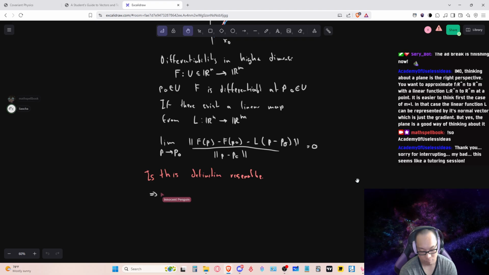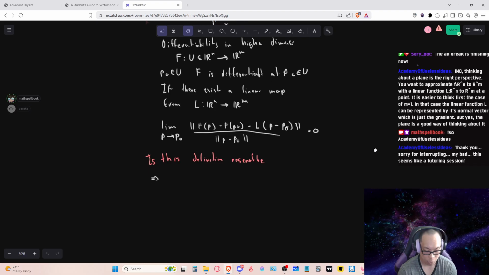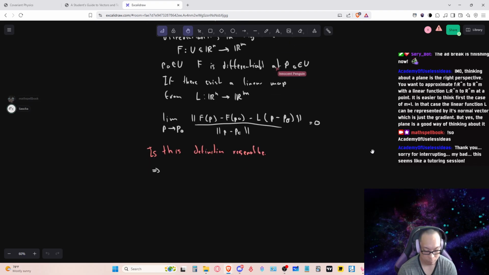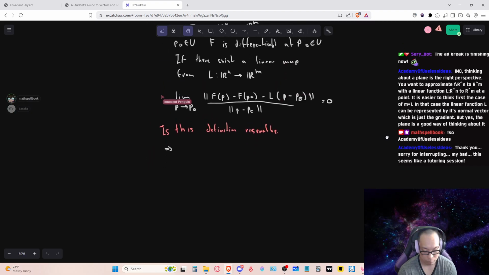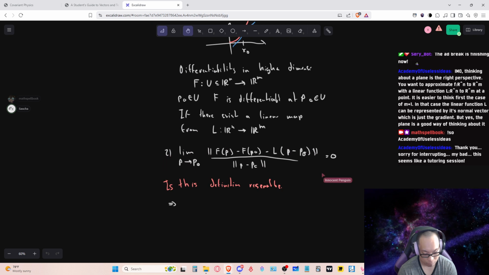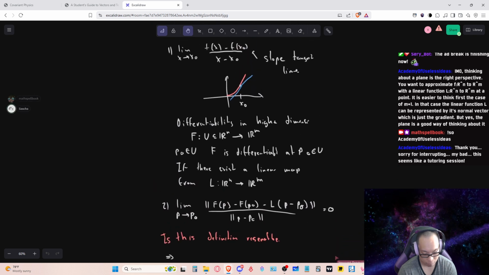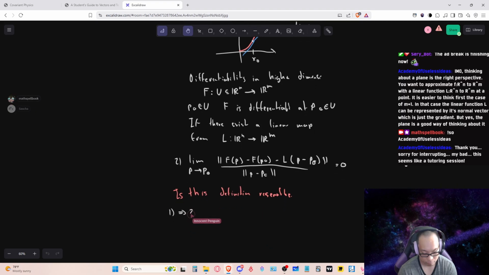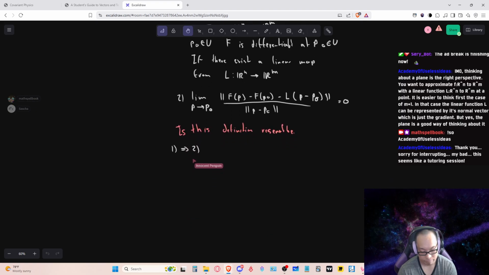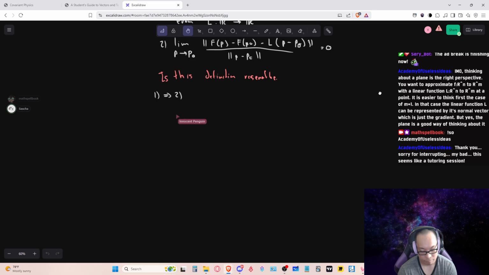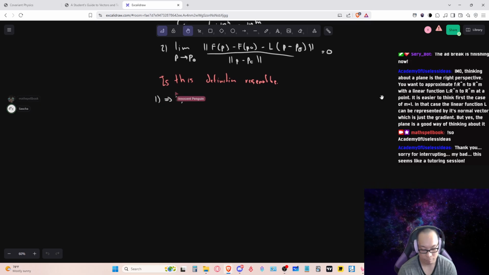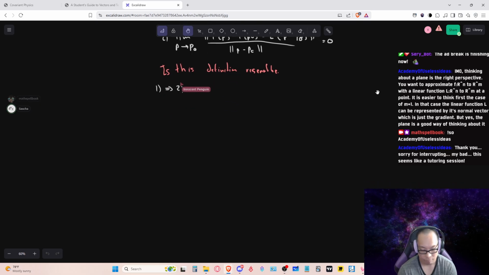Okay, so maybe I can show you one direction. Maybe I will just give them names. I can call this 1 the first definition, and 2 the second definition, and I want to show that 1 implies 2. I will not give a very rigorous proof, but I will just give you some idea why it's true. This one I can probably write everything down. Okay, so first of all, we have